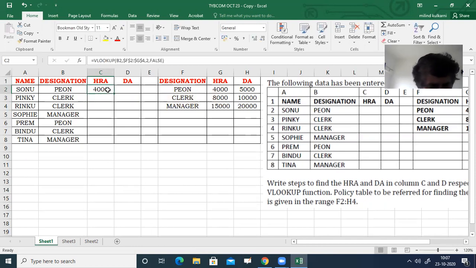Okay, again select C2 and drag the fill handle to C8. We will get the respective HRA for each employee.